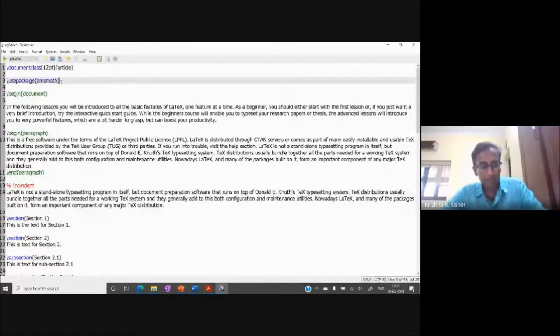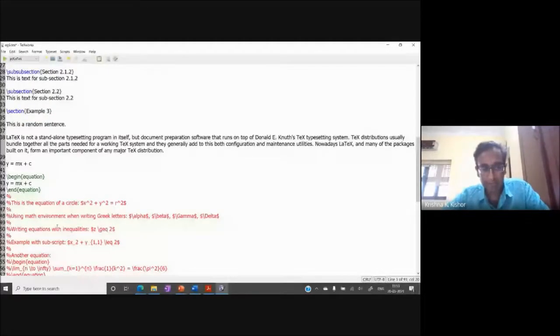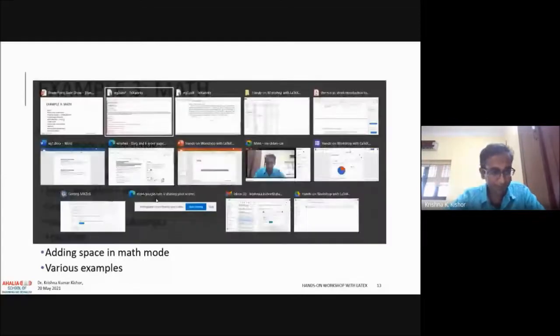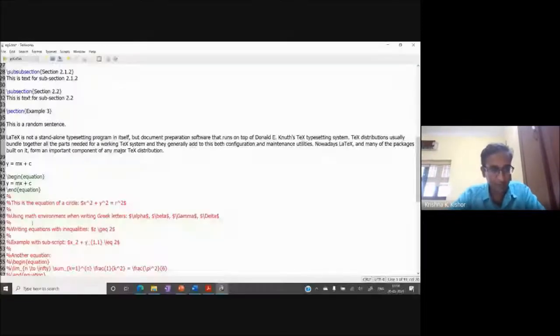Okay. So I told you about AMS math. Now let's talk about an inline equation. What I mean by an inline equation is, if you're in the middle of a paragraph and want to put in an equation, y equal to mx plus c. Let's say my name is Krishna, and along with it I want to write the equation x squared plus y squared equal to r squared. Then you use a dollar sign, and I'll show you the difference between them. Let's just do an example.